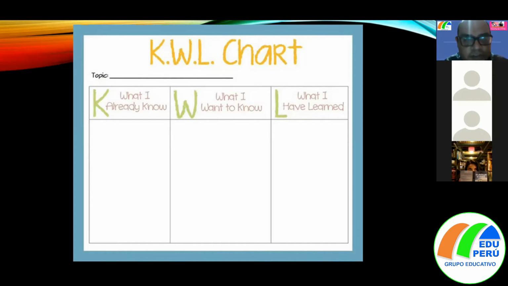So when they finish the lesson, you could use this not just for a reading lesson, you could use it for every lesson. Remember, when we talk about a reading lesson, it doesn't mean that we are going to do just reading skill activities. No, we use a lot of skills, no? So this is the whole language approach, that we are going to use other skills in a reading lesson. So you could use this chart however you want, but I'm giving it to you as an example in order to start a reading lesson, no?